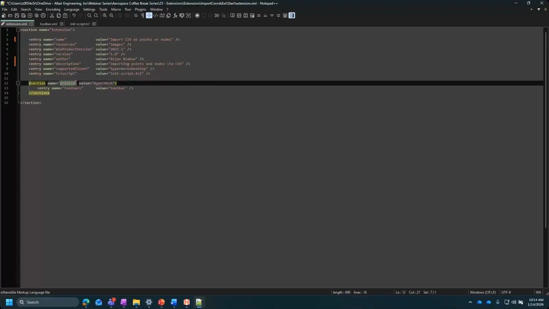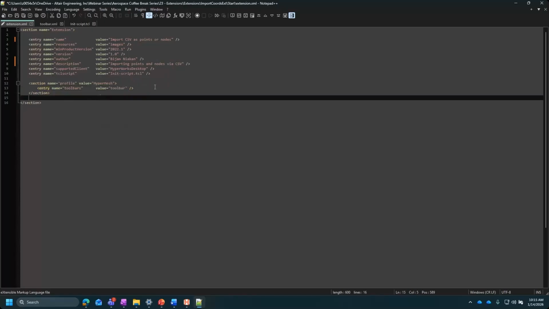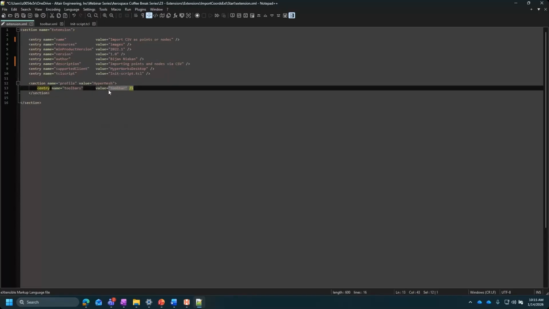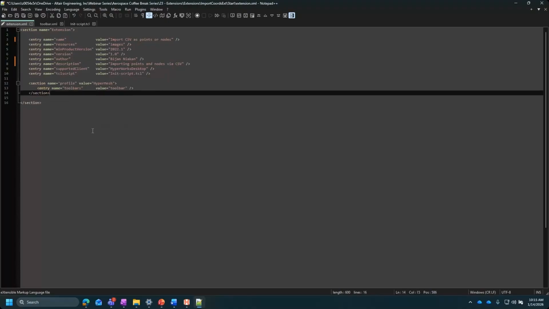And then this is going to be for profile is going to be for HyperMesh, but extensions are supported for HyperMesh, Hyperview, Hypergraph, really any sort of HyperWorks desktop application. And then I'm going to have just a toolbar in this case. So if you wanted, like that extension demo, you could have a toolbar and drop downs and a ribbon if you'd like. Okay, so that's about all we need to define out for the extension XML.